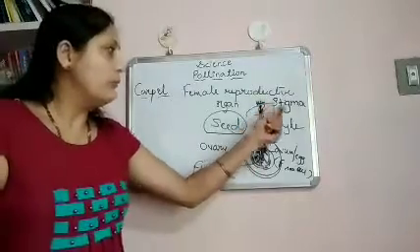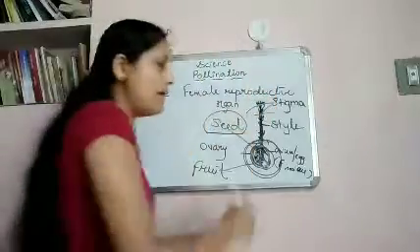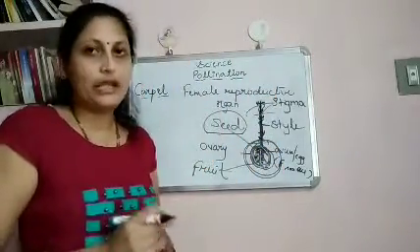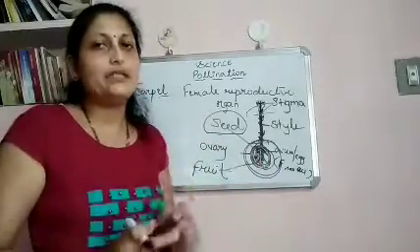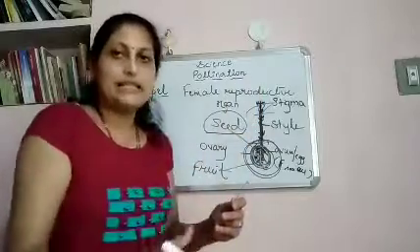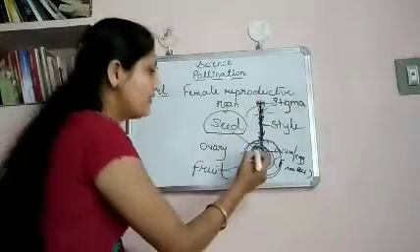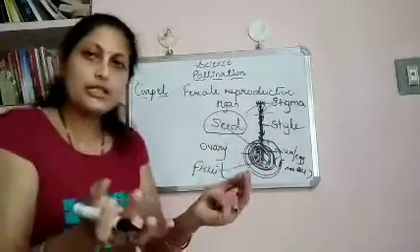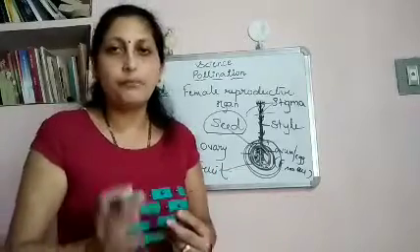So the male gamete reaches the stigma. It passes through the style and it reaches the ovary, inside the ovule. There fusion of male and female gamete takes place. So later on, all other things like petals, sepals, everything falls down. And this ovary, the outside one, bulges out and develops into fruit. That is the edible part of the plant.